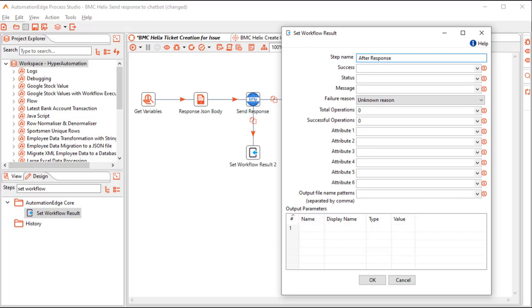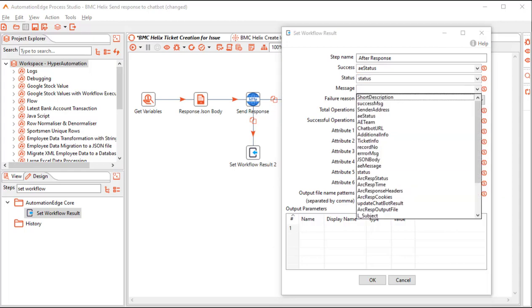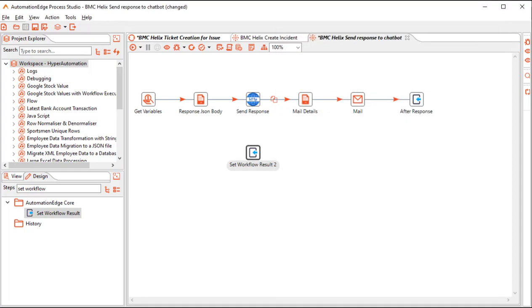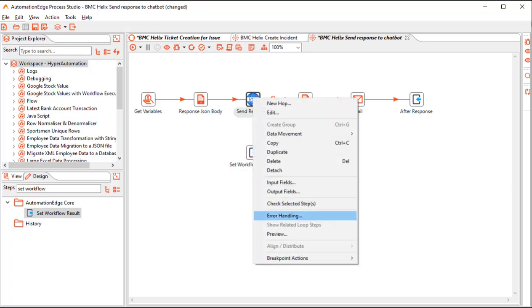In success, select A status, which is true or false. In status, select status, which could be complete, failure, diverted, and others. In the message, select AE message. Click OK. Now, before we configure the set workflow result 2, right-click on the send response and set up error